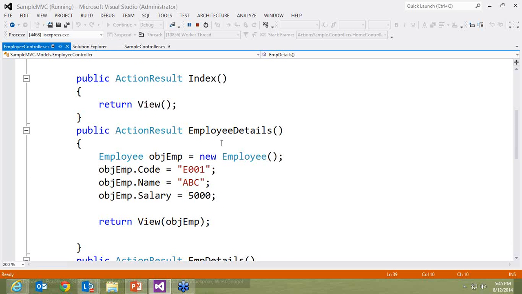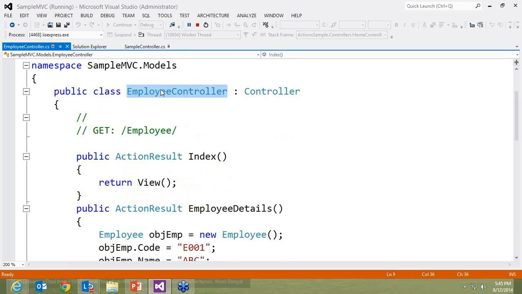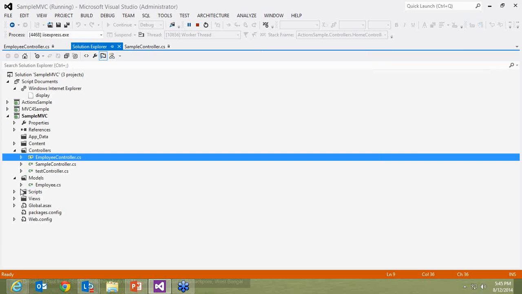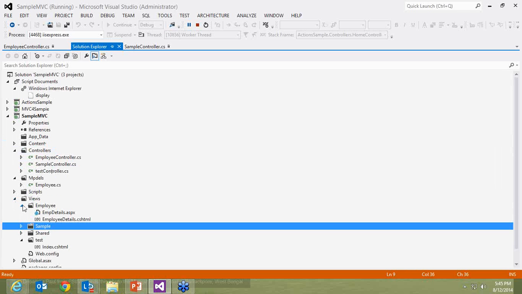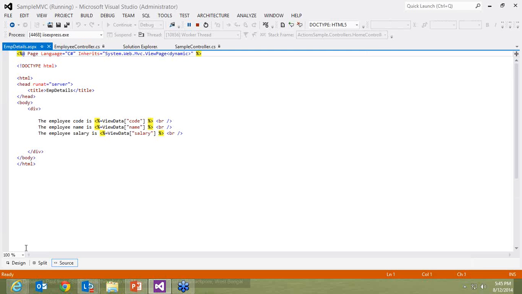Where would the view definitions for both these actions be available? They will be available under the employee folder of your views folder. So in your views folder, you will have an employee subfolder which will have 2 files now. One corresponds to the EMP details action method, another one corresponds to the employee details action method. If I open the EMP details view,